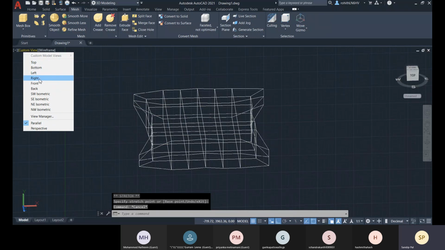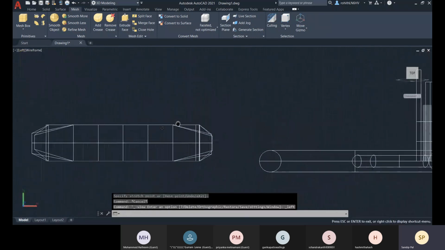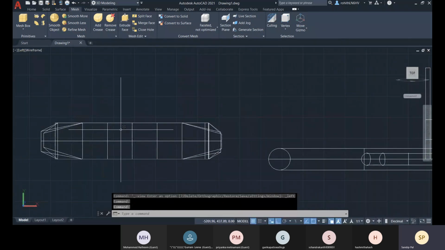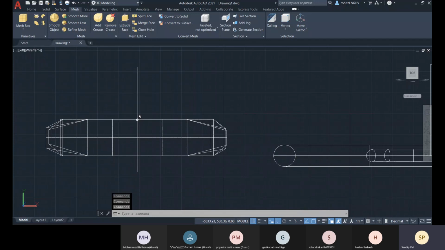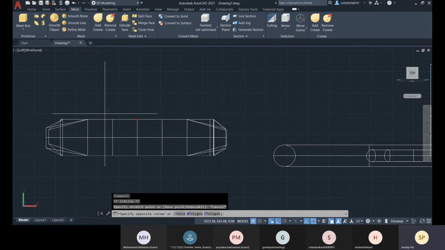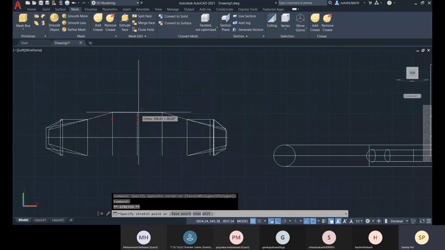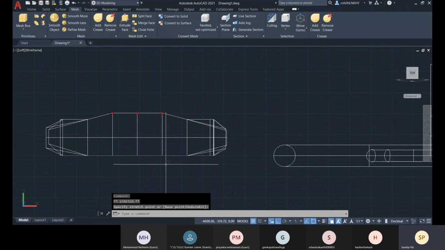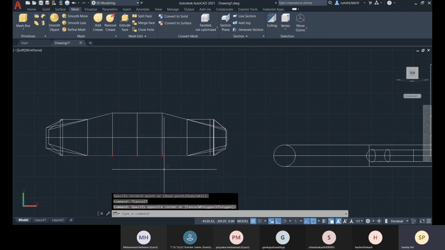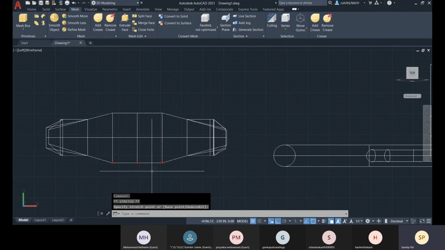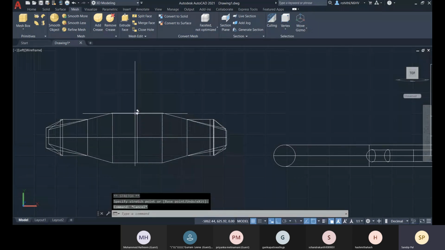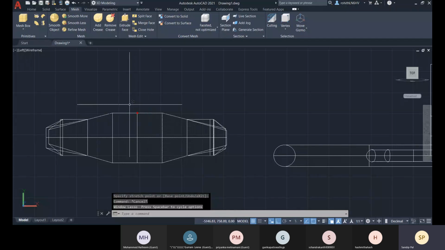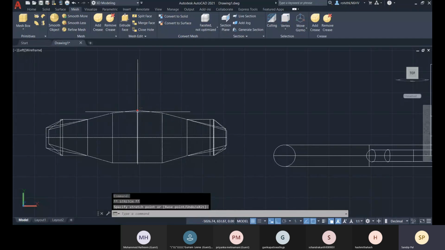Now let me switch to left view there. This is the left view, and I will change the positions. Here, let me select these three. Let me change it like this. Let me select all of this and change.